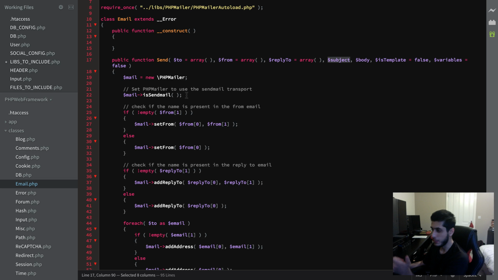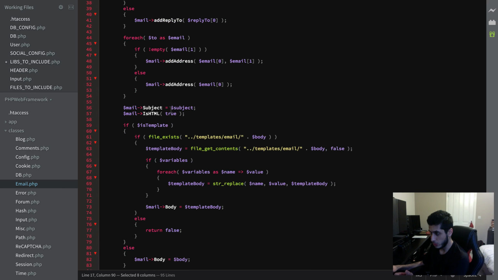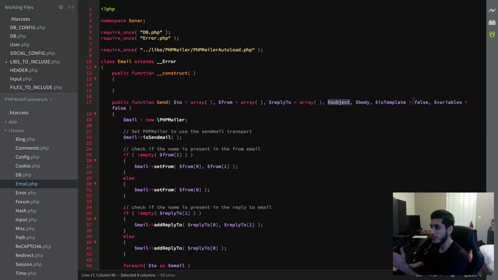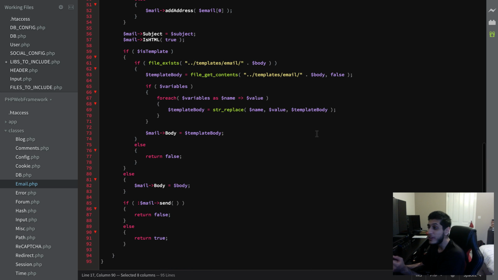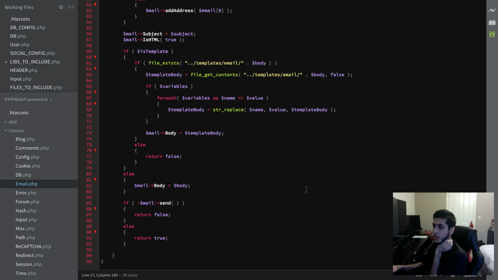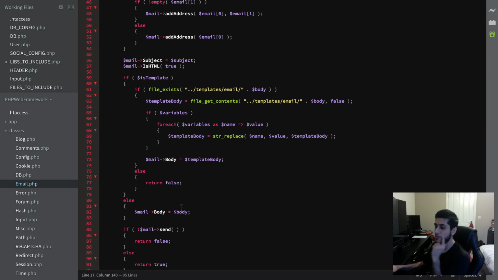If it is a template, it tries to find the template file. So if is template is false, you wouldn't set this to true. You set this to the actual location of the template. That's how it works, I believe. No, the body, sorry. If this is true, the body would be essentially the template file name, which would be